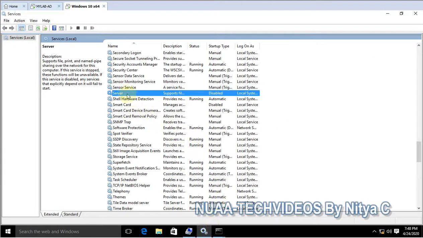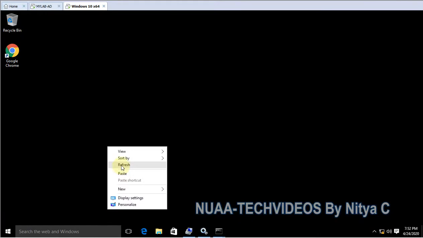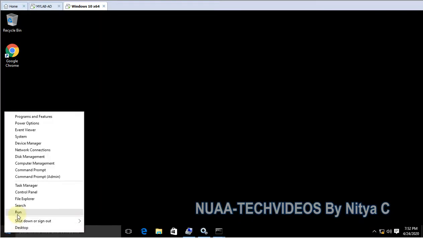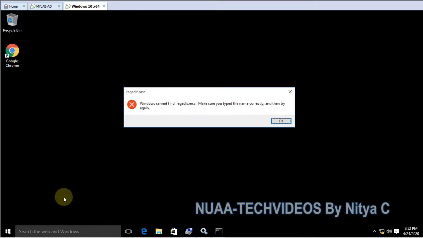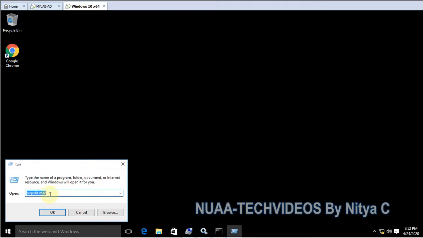So this is one way, and let's move on to another way we can disable it. Let's open the registry and check on a single machine. Registry, let's see, sorry, this is regedit.exe.